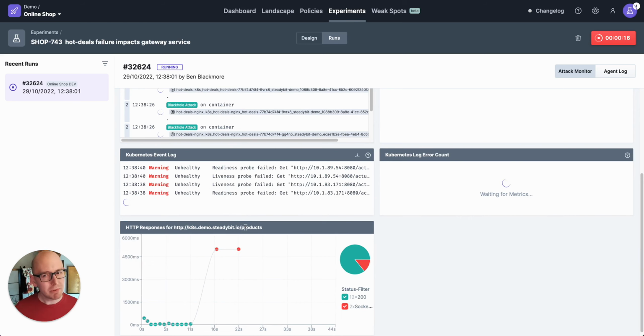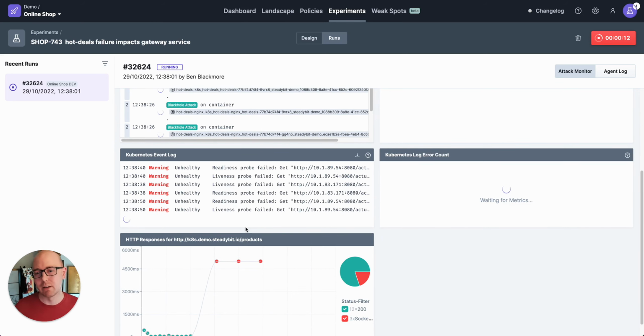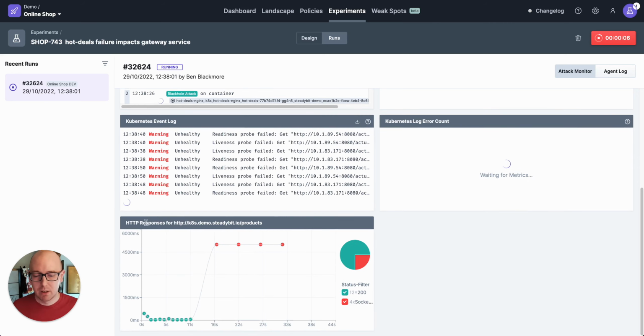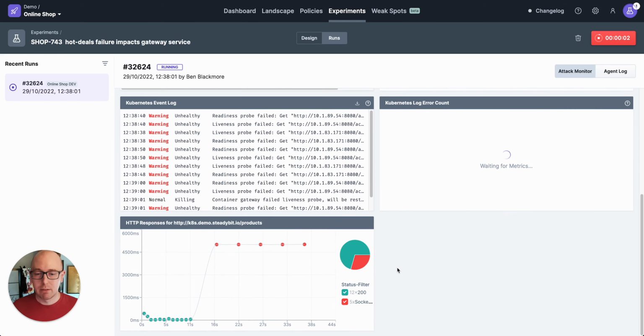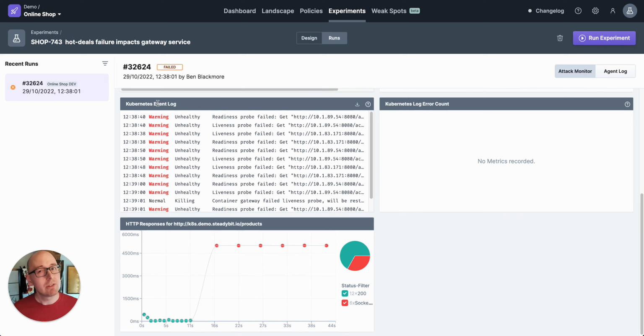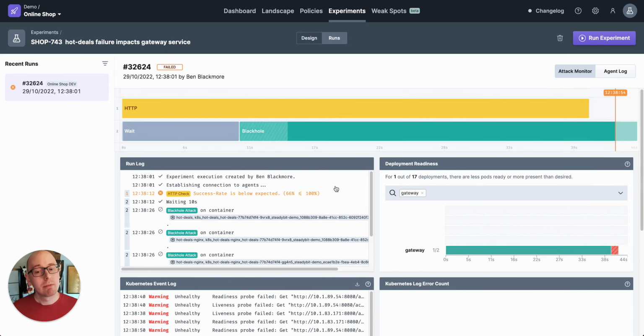So it seems like we could still be impacted by the incident I talked about earlier. Seems like there's still some homework left to do, meaning we still have a hard dependency. We get information that we have a socket timeout actually. And we can even see that Kubernetes is starting to complain because the liveness and readiness probes of those hot deals pods are no longer reachable. And in the end, we can see